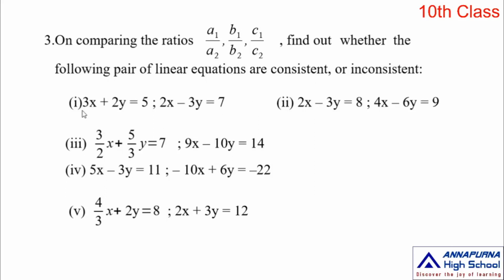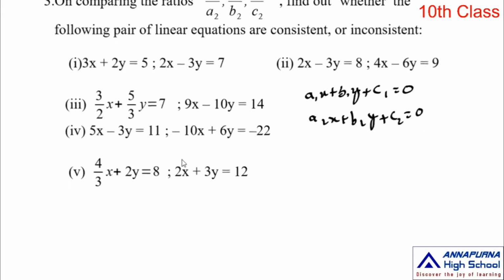Here the first pair is 3x plus 2y is equal to 5 and 2x minus 3y is equal to 7. First compare these two equations to the general form of pair of linear equations. Here general form of pair of linear equations is a1x plus b1y plus c1 is equal to 0 and a2x plus b2y plus c2 is equal to 0. Okay, now first you compare these two equations to this general form. So when you compare them,